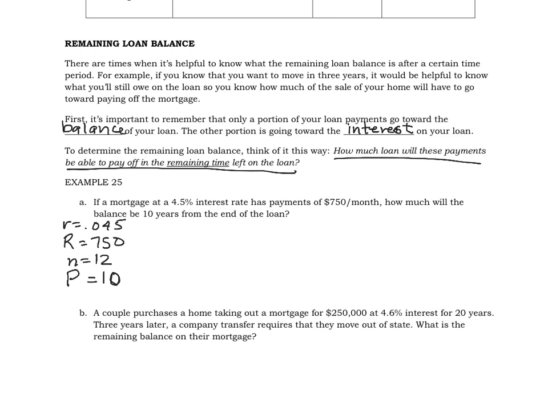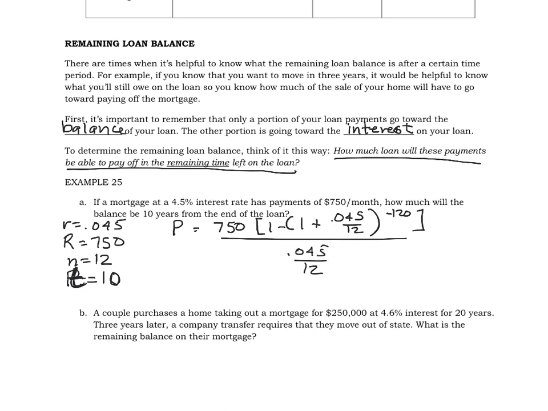That should be T equals 10. Okay, so we have P equals 750 times, parentheses 1 minus, parentheses 1 plus 0.045 divided by 12, raised to the negative 12 times 10, which is negative 120, close that parentheses, divided by 0.045